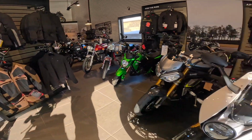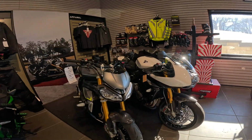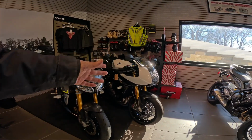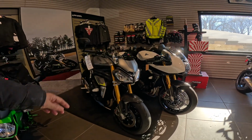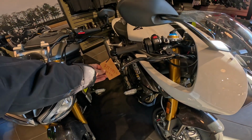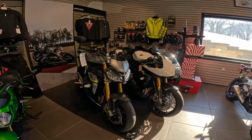Gear, of course. These are the big 1200 Speed Triples. These are something like 177 horsepower. The faired one and the unfaired one. This one's used, I believe. Hey, this one's on sale. Look at that. Wow, that's quite a bit. That's amazing. If you ever rode one of these, you would just be...